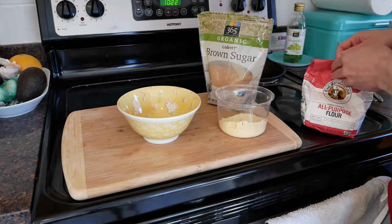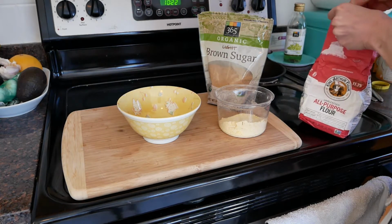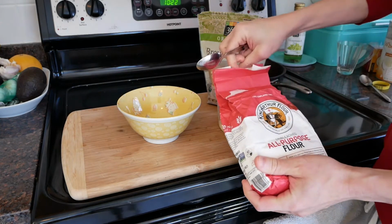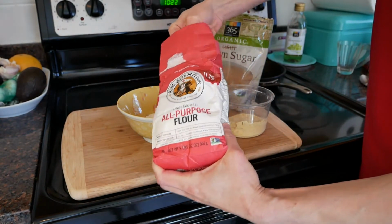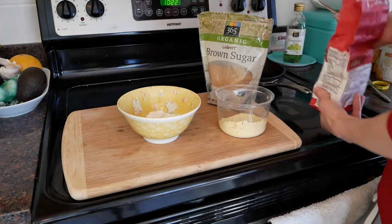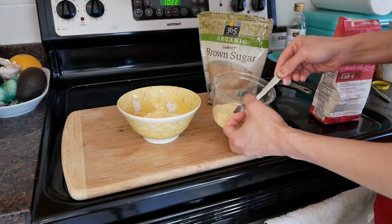Now bear with me because I'm not gonna edit this prep here. I'm just going to put all the ingredients in my bowl. First, all-purpose flour, pretty straightforward. This is obviously the backbone of your pancake. I'm going to put a little bit of corn flour in, not too much. This adds texture, color,